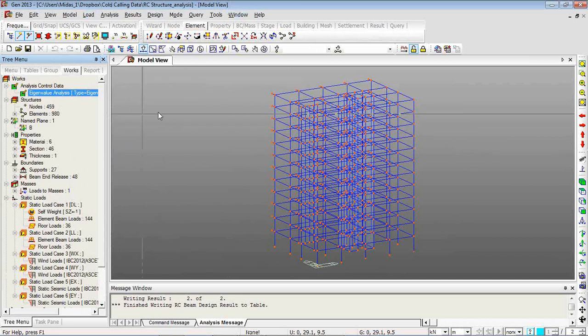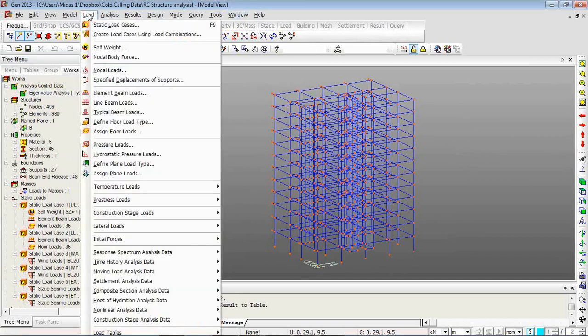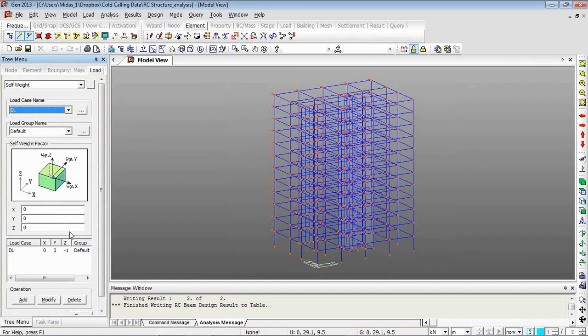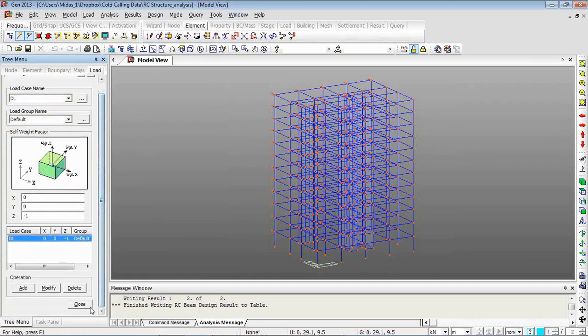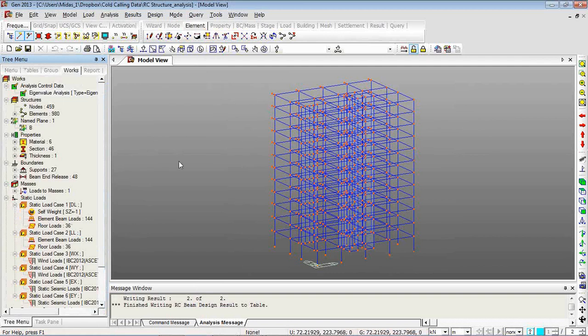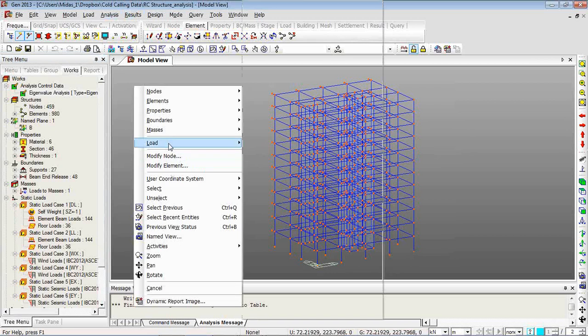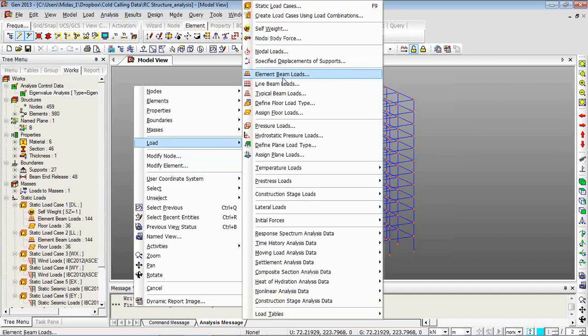To assign load cases, what you need to do is, let's say for self-weight, go to load, go to self-weight and enter a -1 value here. Clicking on add will directly apply the self-weight to the structure. To assign floor loads, you can normally assign beam loads and element beam loads. Going to load, right clicking, and from here you can assign the element beam loads. To define floor load types,